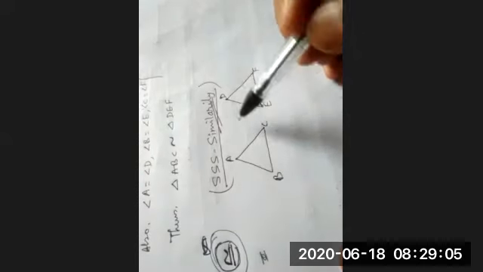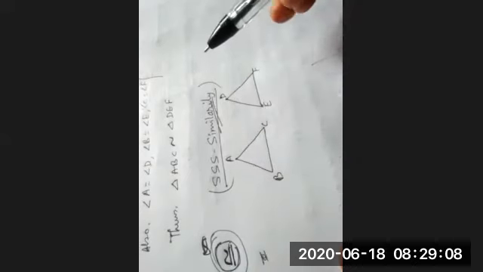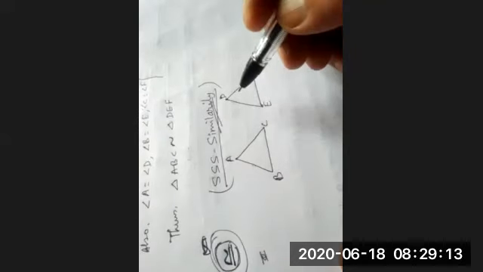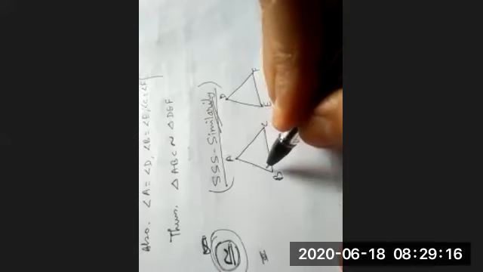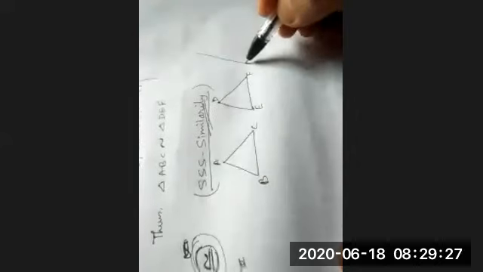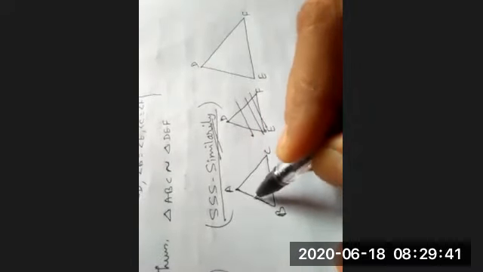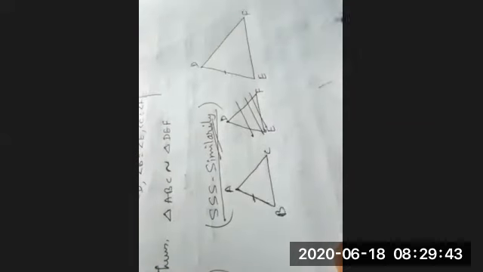Okay. So if the corresponding sides of two triangles are proportional, you can say, means the ratio of the corresponding sides are equal, then their corresponding angles are equal, and hence the two triangles are similar. Understanding? It may be of larger size, no problem. I'm not taking this, I'm taking this DEF. Okay. So now, what is given? Ratio of the corresponding sides are equal.